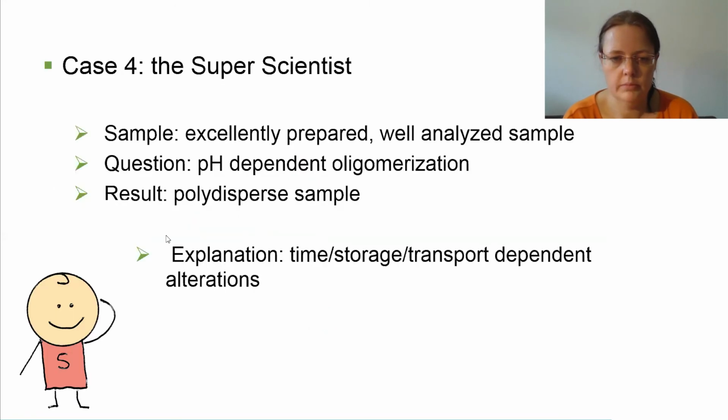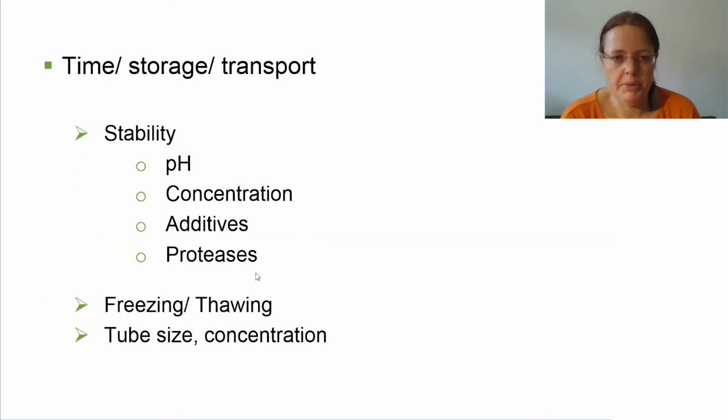So yeah, our super user then realized that he had some storage and transportation alterations that had happened. And there's some stuff that you can check before you're sending your samples off or do a storage test. So if you have time, you can also check to see if your protein's at the best pH to keep it stable over time. What concentration works better? Is it better to keep it stable at higher concentrations or maybe lower concentrations? And as I was saying in the beginning, there are two different strategies that you can use if you want to freeze it at the higher concentration or at the lower concentration.